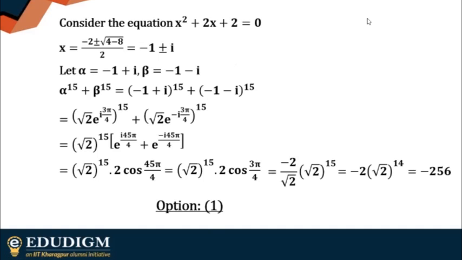So if you have any problems, just let me know in the chat box. Otherwise, we'll just move on to the next question. Okay, so this is one trick. Just make sure you understand how you can use the polar form and De Moivre's theorem, or anything else that has to do with e to the power i theta. Dealing with powers will be easier, especially if you have higher powers. Okay, so let's just move on to the next question then.